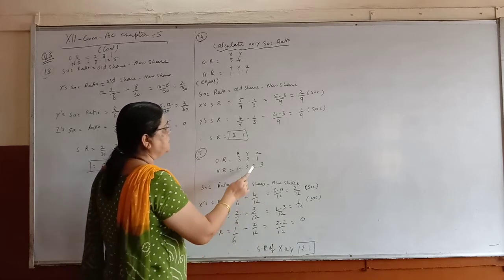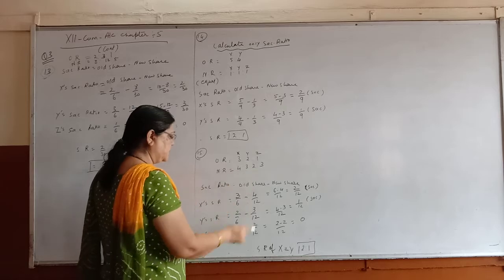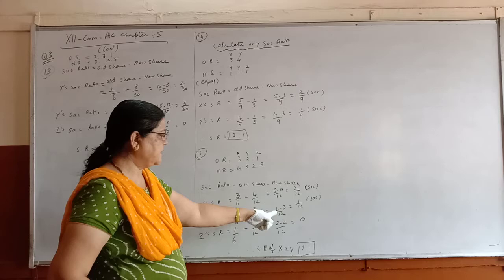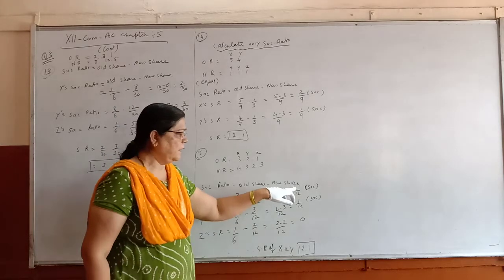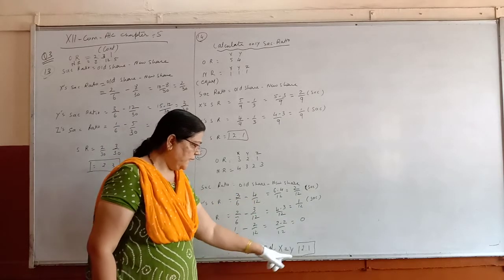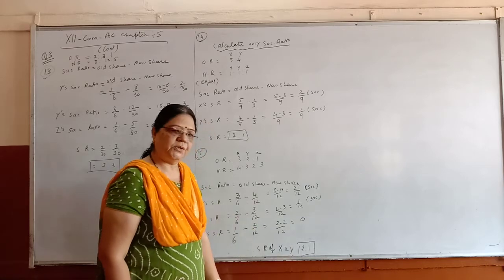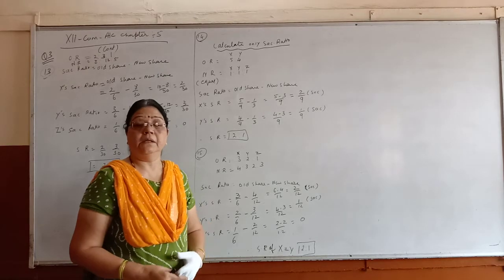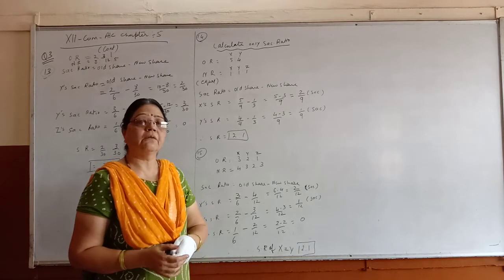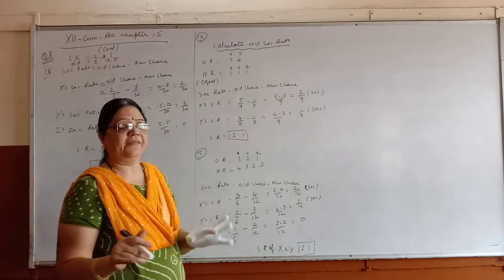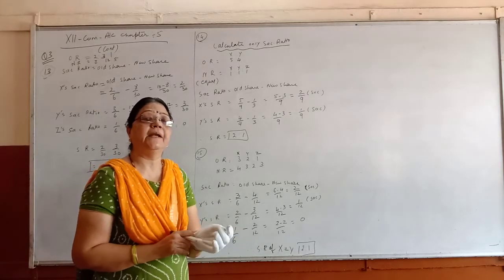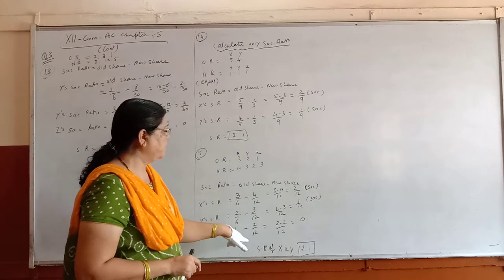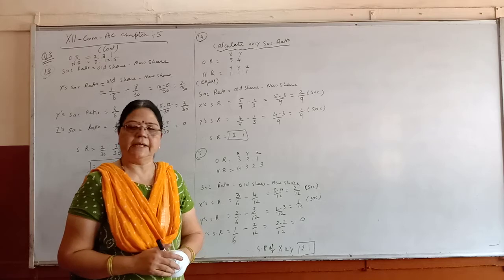And Z, 1 upon 6 here. 1 upon 6 minus 2 upon 10. So you will get 2 minus 2, so 0. Here also we can see that only X and Y are sacrificing, 2 and 1. So that is why the sacrifice ratio is 2:1. Z is not making any sacrifice. Only 2 partners are making sacrifice. The third one will not make any sacrifice, as we are getting sacrifice old minus new as 0. Means what he was getting before, the same thing he will get now. So he has not sacrificed anything.